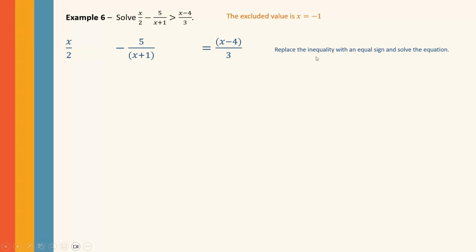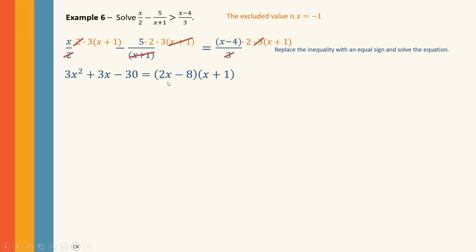Next, we're going to solve the equation. So we have to multiply both sides by the least common denominator, which contains each factor the most times it occurs. So we'll cancel out like factors. And then I distributed the 3x here, or multiplied together 5 times 2 times 3. Now on the right-hand side, we will FOIL,